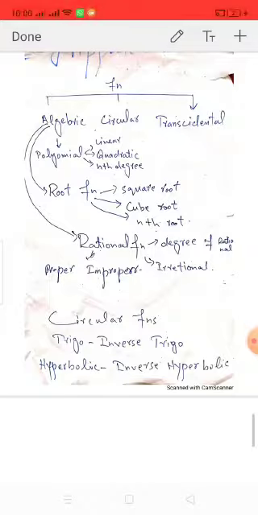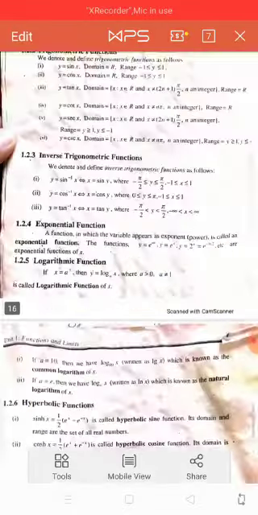Similarly we have defined the inverse hyperbolic functions, which are sine hyperbolic inverse, cos hyperbolic inverse, tan hyperbolic inverse and many more, which are secant, cosecant and cot. So 6 trigonometric functions, 6 inverse trigonometric functions, similarly 6 hyperbolic and 6 inverse hyperbolic functions, which are given over here,